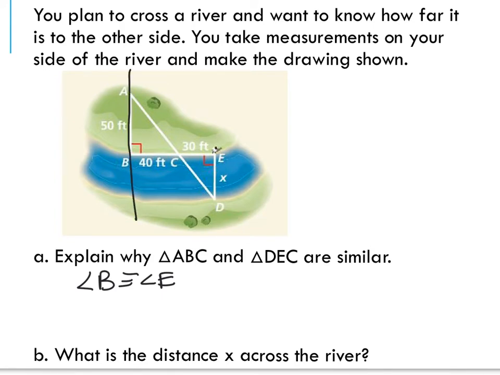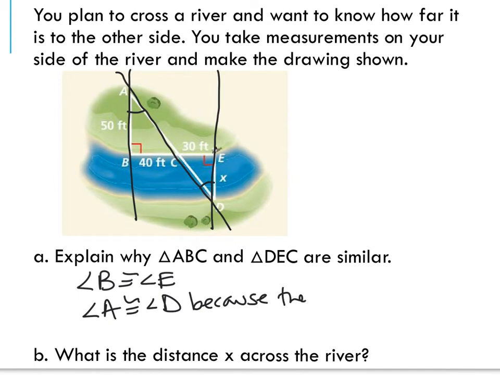There's a parallel line, there's a parallel line, there's a transversal. So if I was looking at angle A to angle D, those would be congruent to each other because they are alternate interior angles. That's one thing that you could see. So I could see angle A is congruent to angle D